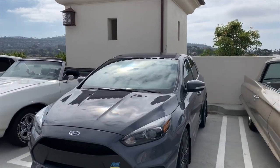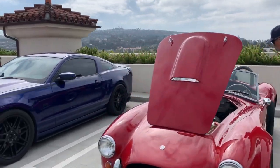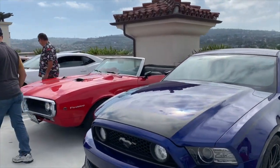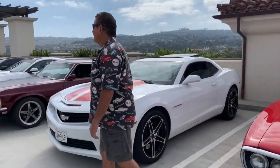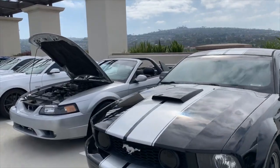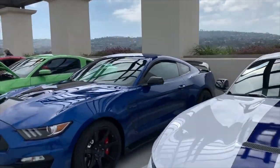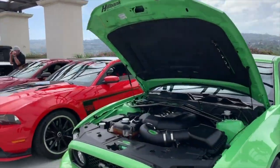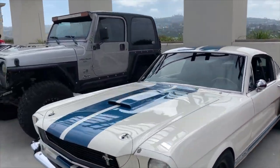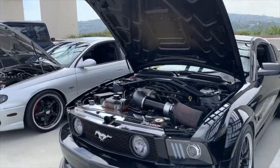Cadillac, Focus RS, GTO, a GTI, Cobra replica. It's a previous Car of the Week winner as well, an old Rolls Royce that we had here a while ago. Mustang, Firebird, Gen 5, Camaro, Mustang, another one, all the Mustang crew through here, another one, GT350, a couple of those side by side, another one, all through here, another one, that's nice, isn't it, classic old GT350, Wrangler, Mustang convertible, and another one there, and then a GTO,